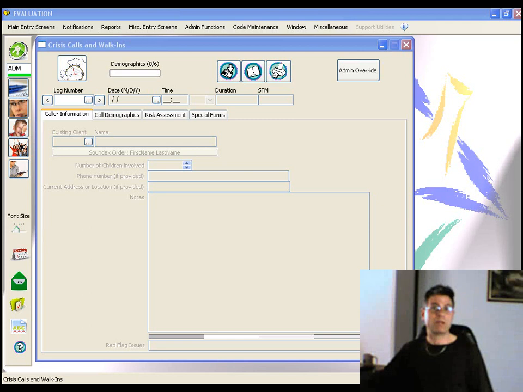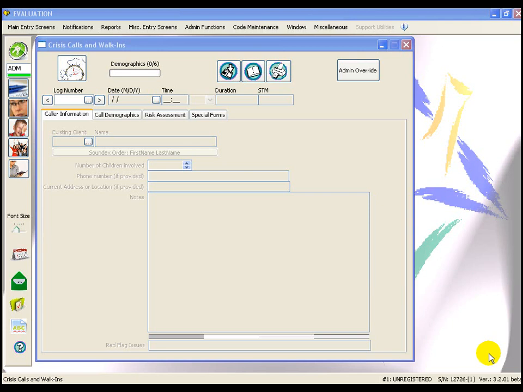What's coming in Wish 3.2.01: a brand new crisis call screen. It's got all of the same stuff that you're used to, but it's gone through a makeover. It's a lot easier to use and a lot easier to navigate, and I think it looks better too. Let's have a look. So this is a new screen that is in Wish